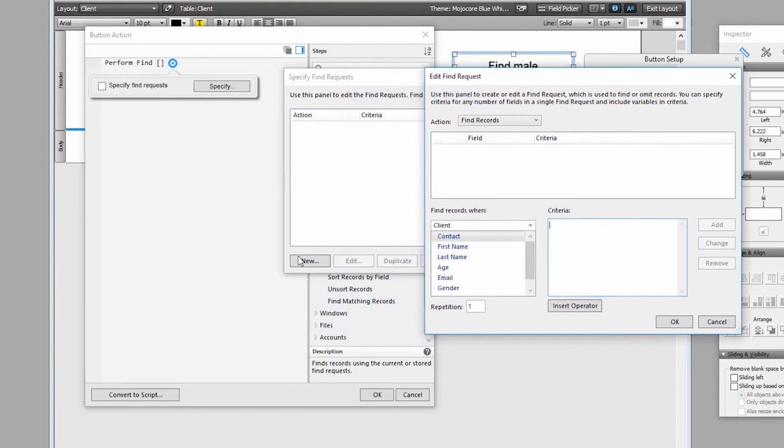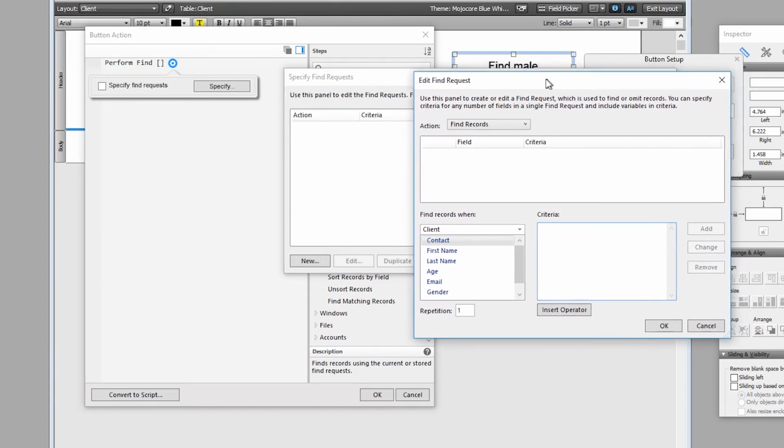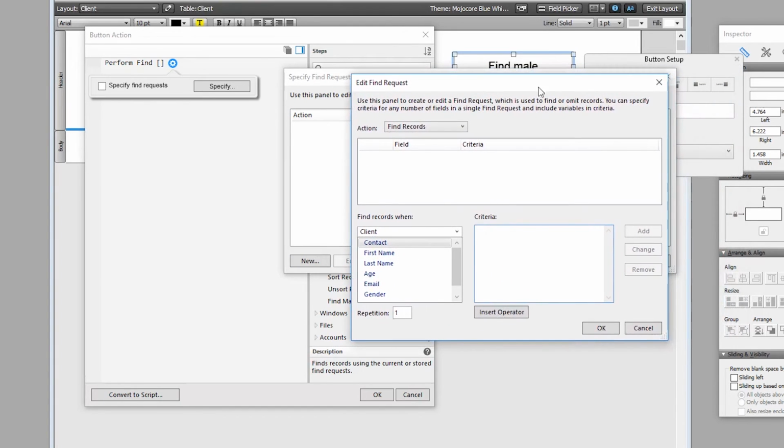Basically this creates a new search query, and a find request dialog box appears. Let's say we want to search by gender. We highlight gender, click equals, male,